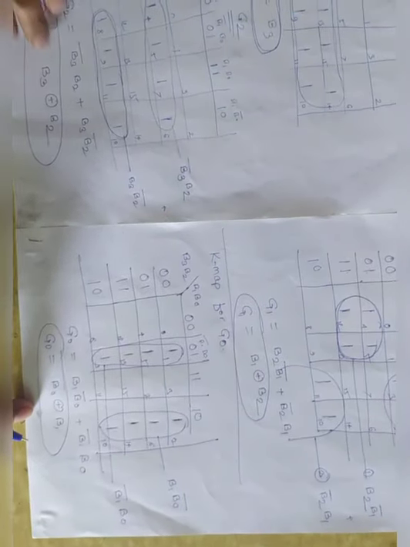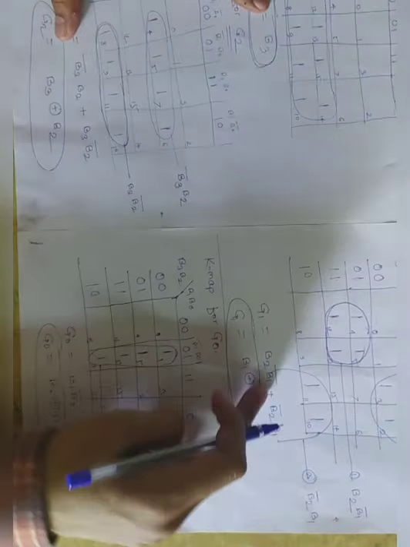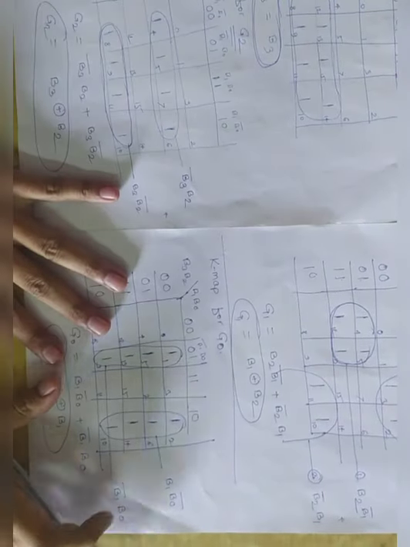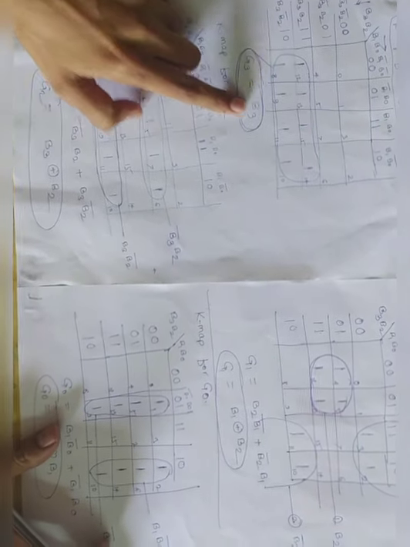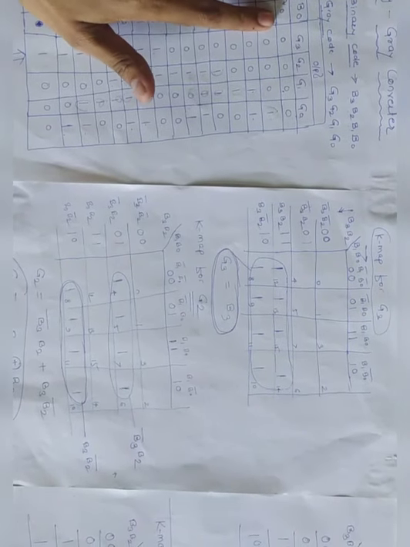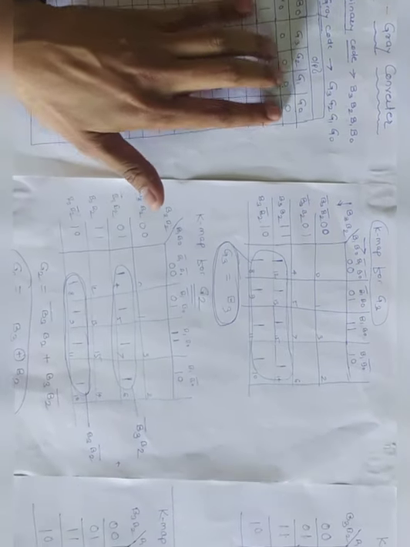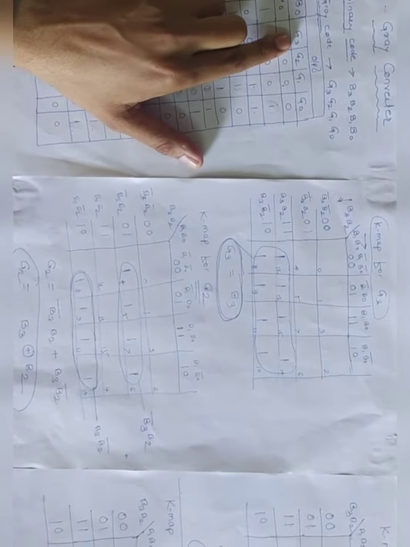Okay, 1 2 3 4. By using these 4 equations you have to just design the circuit. You know the inputs are binary inputs, B3, B2, B1 and B0, and these are the 4 input bits. Same way you are getting the 4 output bits. The outputs are G0, G1, G2 and G3. Okay, you have to simply design this.